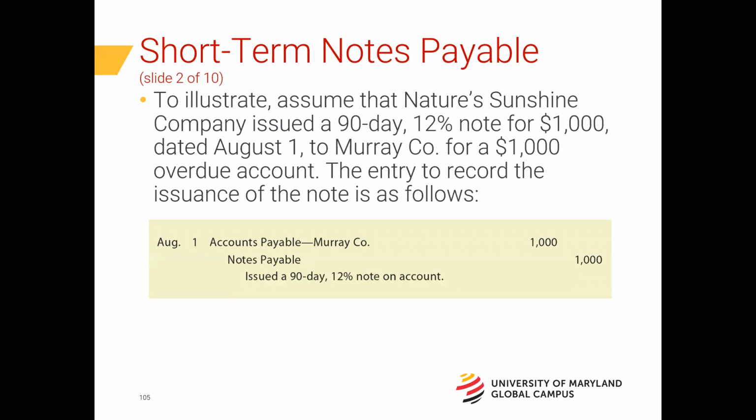So here's an example. My supplier says, hey, listen, I'll give you that $1,000 worth of inventory, but I expect you to pay me within 90 days at 12% interest. That's steep, right? But yeah, okay, great, no problem. So we record the transaction. Debit accounts payable to reduce the payable, and we credit notes payable to convert the account payable into a note payable. That's what that first transaction is.